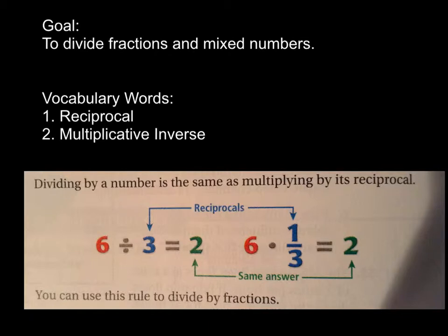The words reciprocal and multiplicative inverse mean very much the same thing. When you multiply a number like 3 over 1 by its reciprocal, you're multiplying it by the opposite, or 1/3. So basically you're flipping the fraction, and we're going to use this rule to multiply by reciprocals when we divide